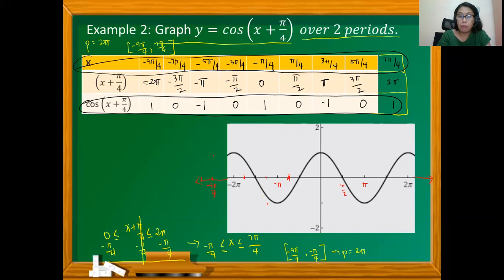So negative pi over 4, 1 would be here. And then pi over 4, 0 is here. 3 pi over 4, negative 1 is here. 5 pi over 4, 0 is, oh wait, this is pi over 2, approximately here. And then 7 pi over 4, 1. So here. So if we're going to connect the points into a sinusoidal curve, we have,